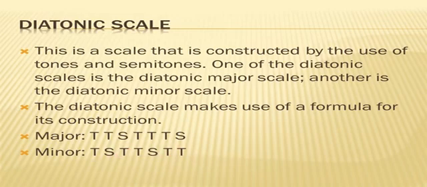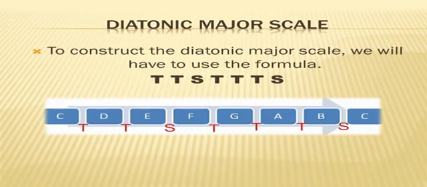For now, we will work on how we can construct a major diatonic scale. So, the construction of the diatonic major scale, we have to use the formula tone, tone, semitone, tone, tone, tone, semitone. So below here, everything has been worked out, but we will run through it together. Like in key C now, if I ask you to run through the scale of C major,